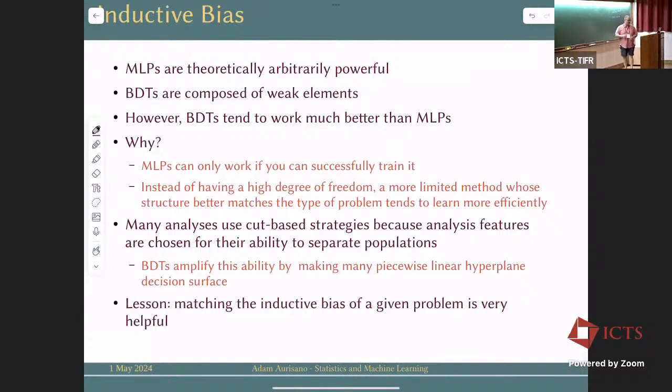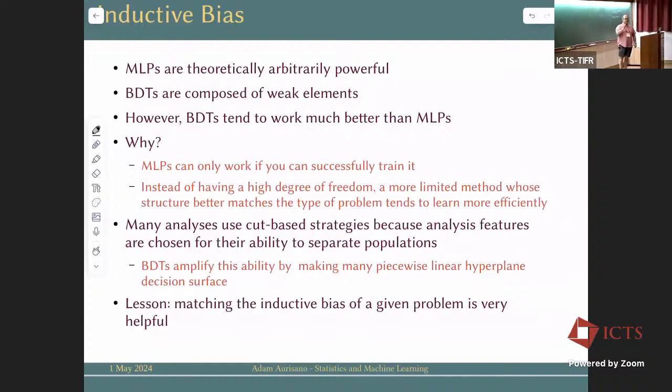And if we think about why this is, multi-layer perceptrons are arbitrarily powerful, and yet they do a bad job. BDTs are in fact a collection of incredibly weak elements, but they do a very good job. And so how can you make sense of that? Well, MLPs can only work if you can successfully train them, right? You have an algorithm which has sort of infinite potential, but you then have to instantiate an actual network that can do the job you want. And finding the network that actually does the job out of this space of infinite potential is hard. It's picking a needle out of a haystack, right, of a network that does exactly what you want it to do. Whereas BDTs actually